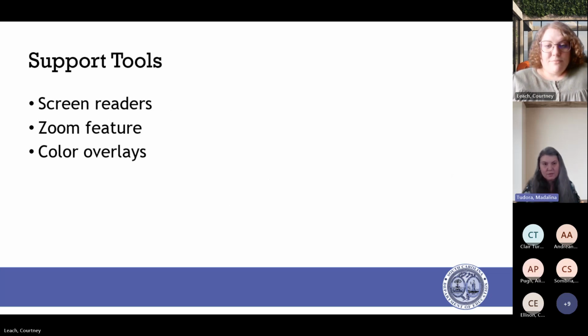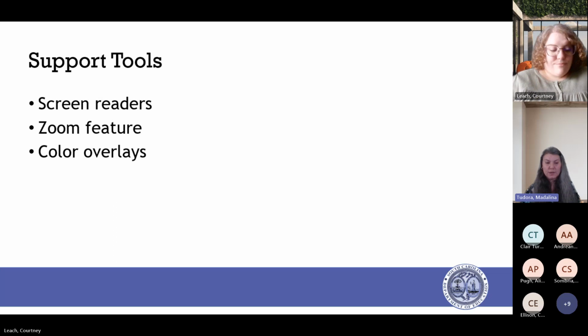So let's talk about supporting tools. I mentioned earlier some assistive technology. When we talk about vision and vision barriers, we consider screen readers, and other things like zoom features and color overlays and other built-in tools.